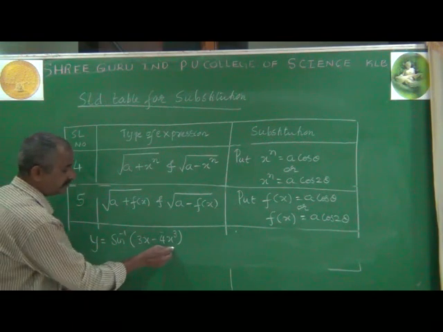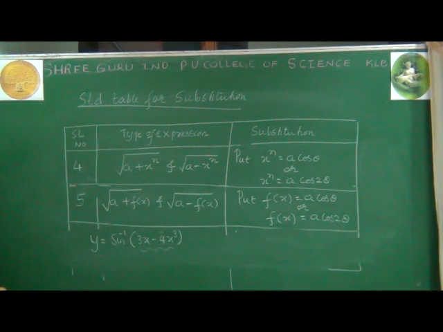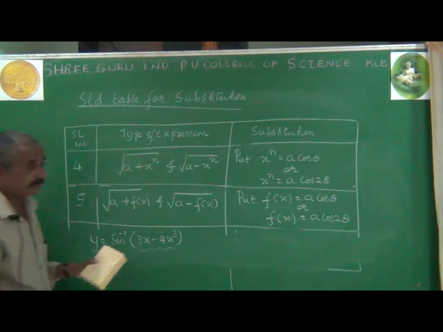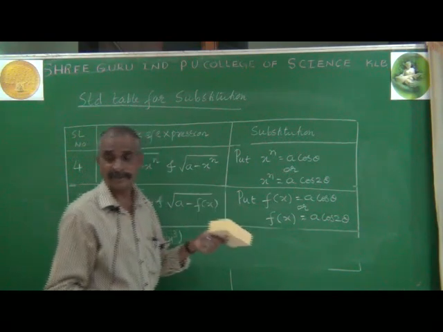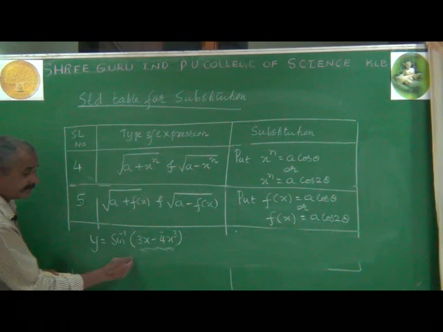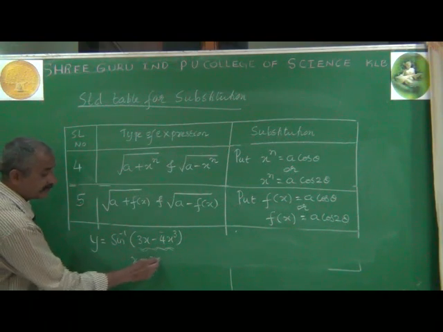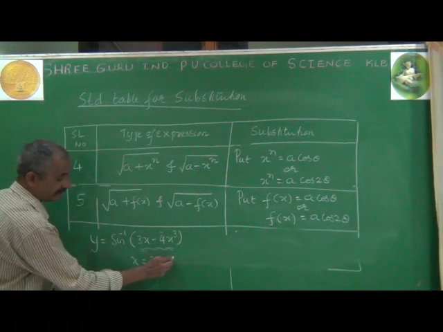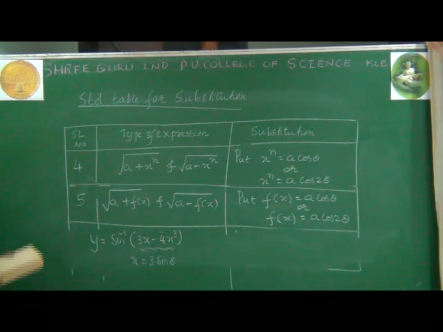However, this is just in the form of 3 sin theta minus 4 sin cube theta. 3 sin theta minus 4 sin cube theta is the formula for sin 3 theta. That's why in this problem we should take the substitution x equal to sin theta. Apart from this table, sometimes other suitable substitutions must also be taken depending on that particular problem.